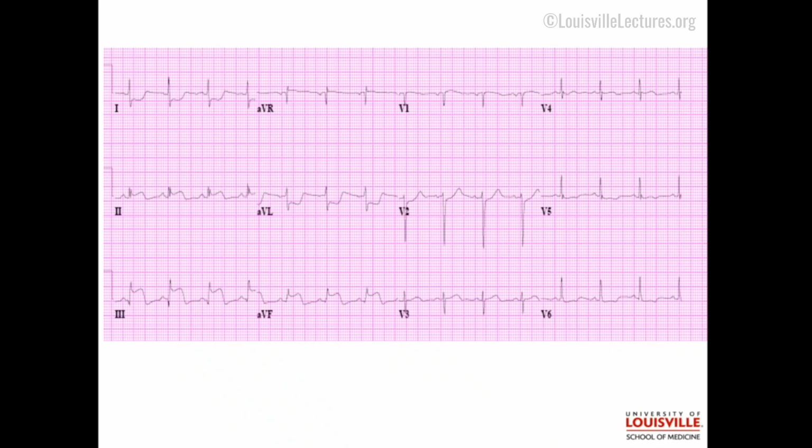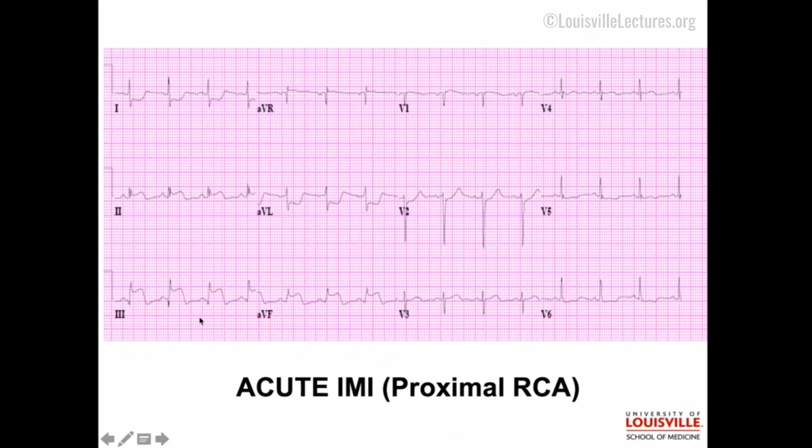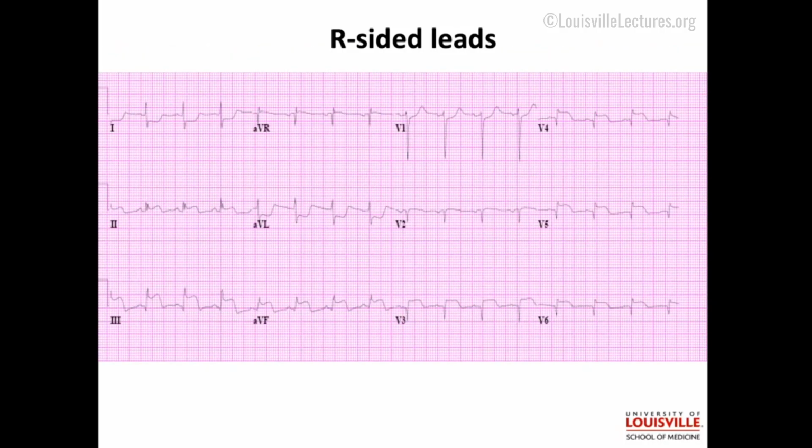So here we're showing the inferior STEMI, and we're showing that it's the RCA because lead 3, which points towards the right, is higher than lead 2. That gives you an RCA with about 97% sensitivity. So the RCA is involved. And then if we switch over to right-sided leads, notice that your limb leads don't change at all because these are from the limbs. We've only switched the precordial leads. And when we switch those, V4R is elevated, and that gives us the diagnosis of an RV infarct.